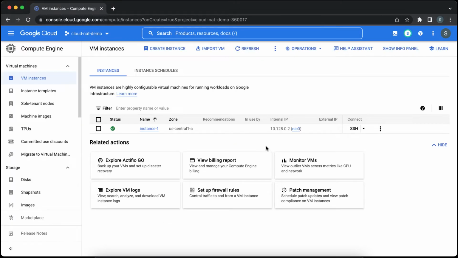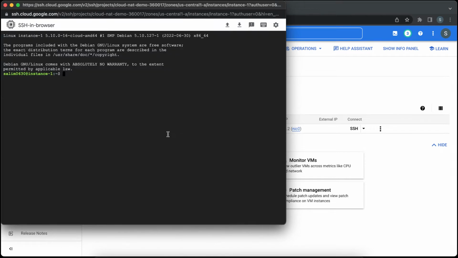Okay, now just by observing it here, you can see that it has an internal IP, private IP, does not have an external IP, which is a public IP. So let's SSH into the system and do a simple update, right? sudo apt-get update